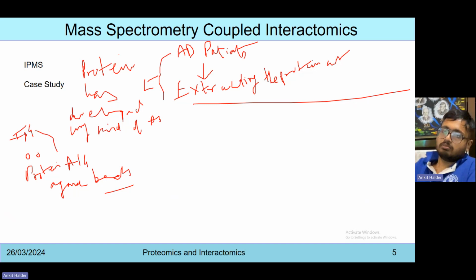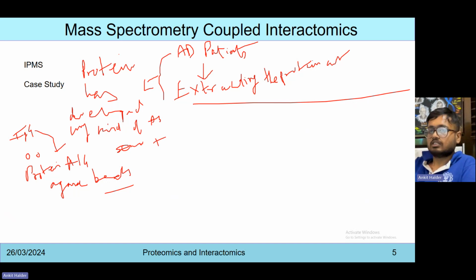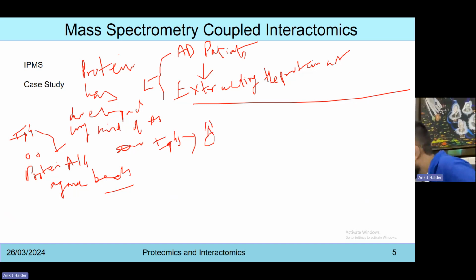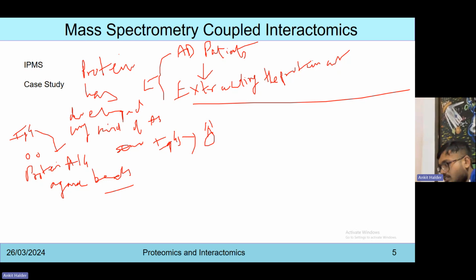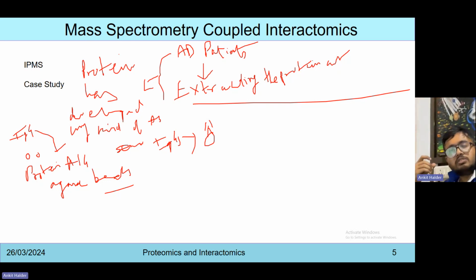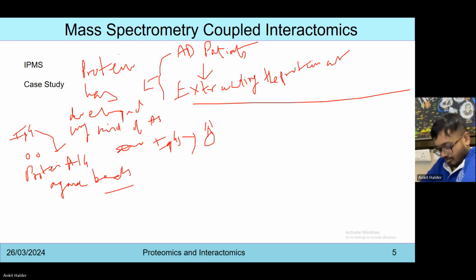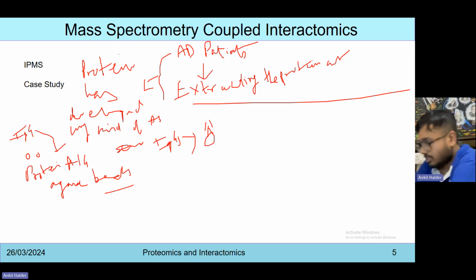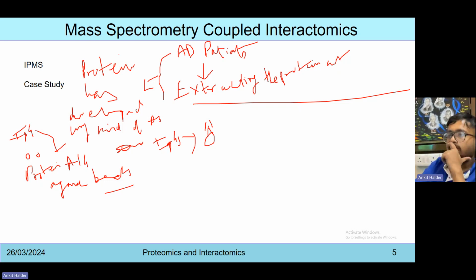Now all the serum IgGs are pulled down using these beads, right? So all the IgGs will be pulled. So once these beads are getting pulled down with these IgGs, what will happen is that we will incubate these proteins